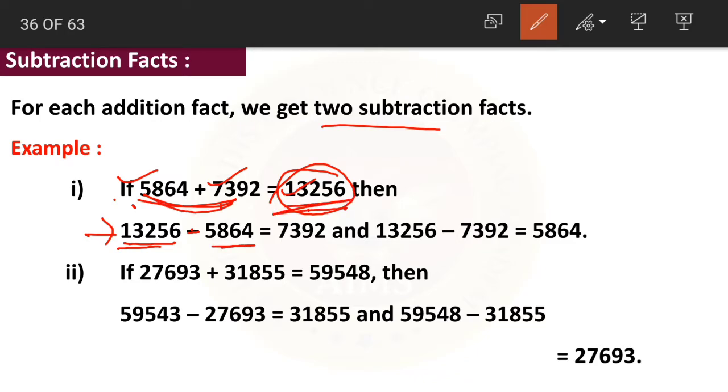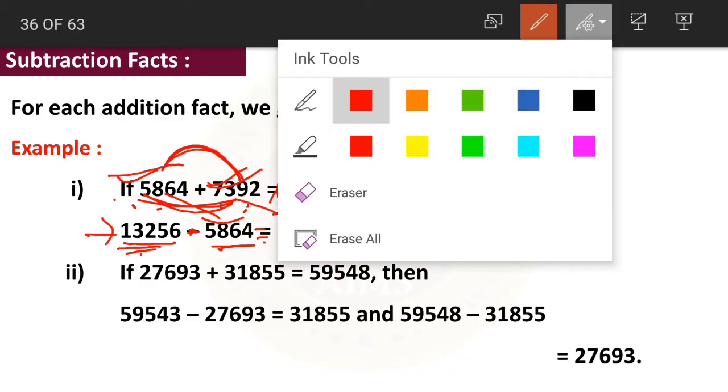Yes, sum is the larger number here, right? So larger number minus. Now these both are the smaller numbers. These both are smaller than our sum here. So first write the sum and then put the subtraction sign, and from these two addends write any one of the addends. Then when we subtract these two, the answer we get will be the other addend. Okay, if you want we can check here.